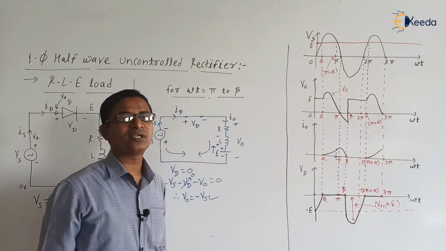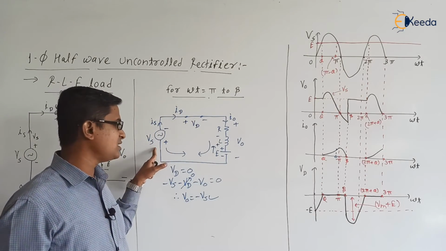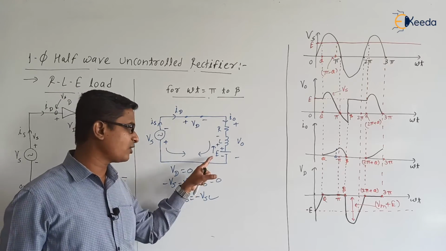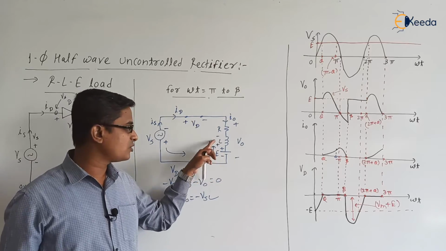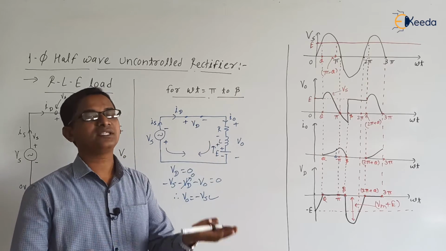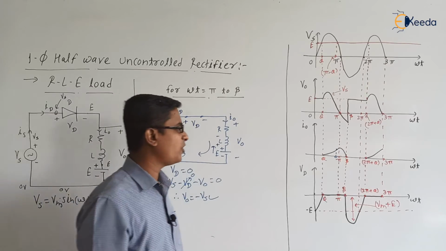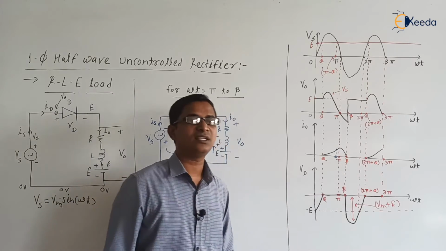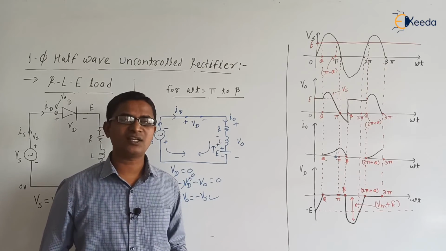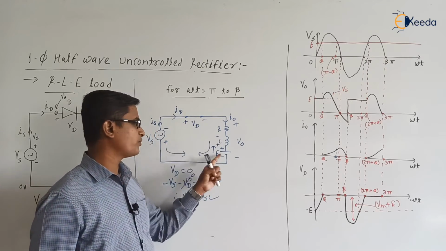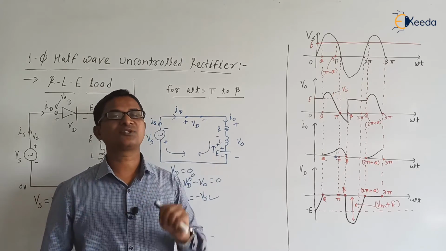As the Vs value increases, the energy of Vs increases. So this increasing energy will be added to the energy of the EMF. Therefore the opposition to the inductor energy is increasing, and that's why the resultant current goes on decreasing. Are you getting the point? So the inductor releases the energy till beta. After beta what will happen? Inductor energy becomes less than the energies of these two, Vs and E. So our circuit will be at the rest position.